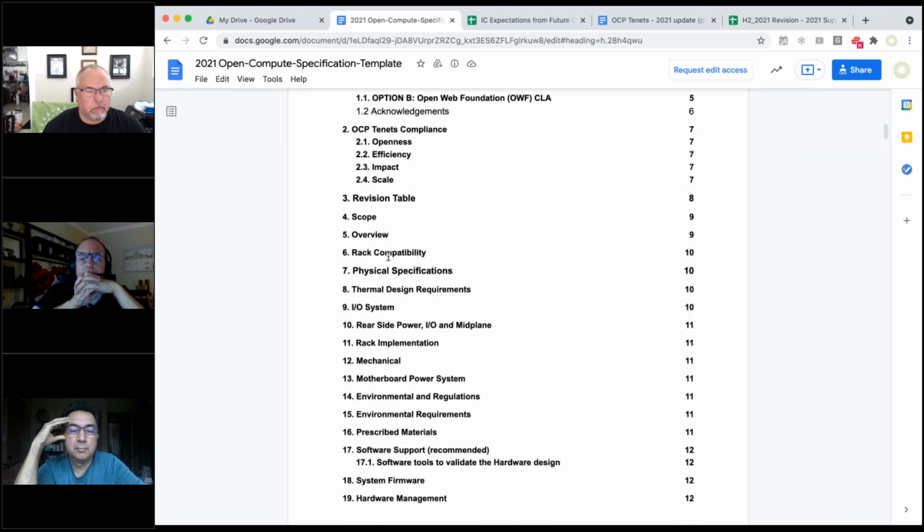Okay, so we have rack compatibility, thermal design, I/O, power delivery, software support, and system firmware and hardware management.